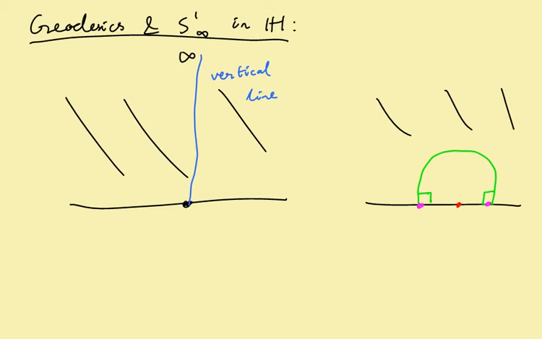Okay, and given any pair of points which are distinct, so at most one of them is infinity, you get a unique corresponding geodesic in one case. In the other case you take the midpoint of these two and draw the circle. So either way we have a nice correspondence. So this is the value of S1 infinity, but we do want to see one more little fact, which is infinity is at infinity. Well, what do I mean by this?